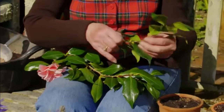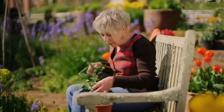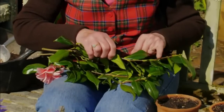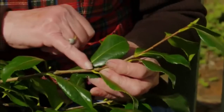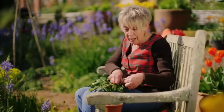What we're after is some nice chunky pieces, preferably with new wood. Now you can tell the new wood from the old wood because it's got this lovely sort of chestnutty colour, whereas this looks a bit drier and a bit greyer. Normally, when you're taking any kind of stem cutting, what you're aiming at is taking a cutting right under a